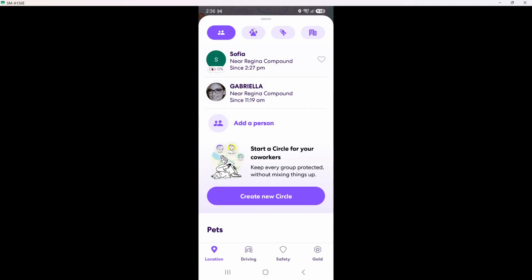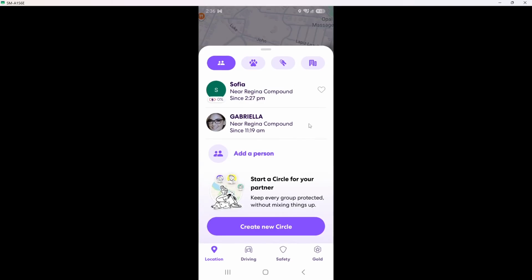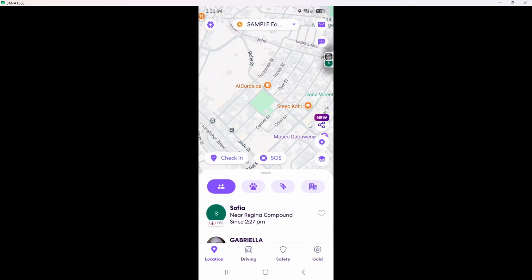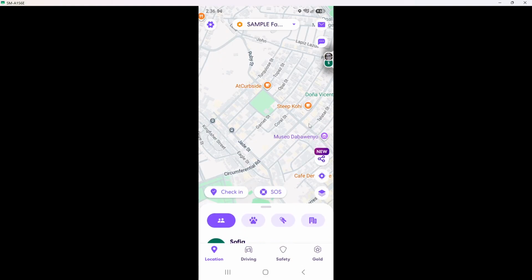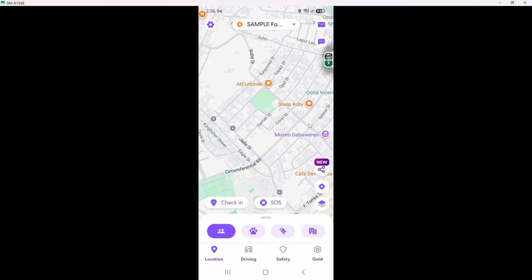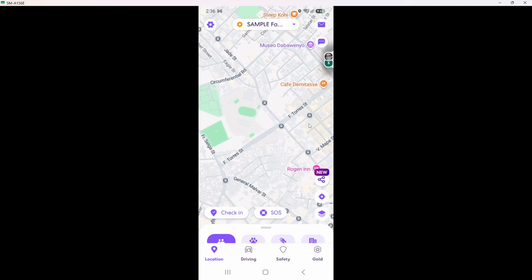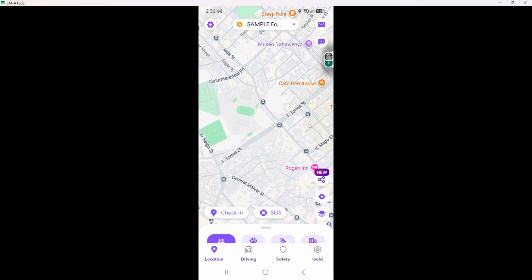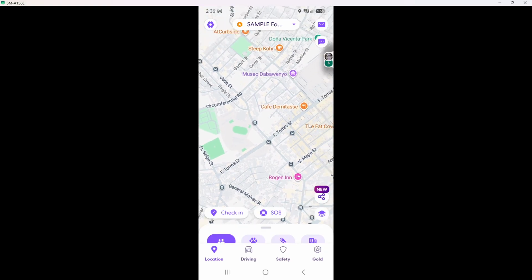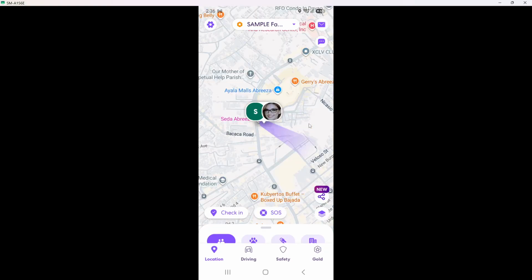Once that is done, you can easily return to the main screen of the app by tapping the back button. This action ensures that your changes are saved and your previous selections are not lost. As you navigate back, you will feel confident knowing you have successfully monitored the location history. This experience not only enhances your understanding of the app, but also solidifies your ability to use it effectively for safety. In summary, you have learned how to view location history in Life 360 by following these simple steps.